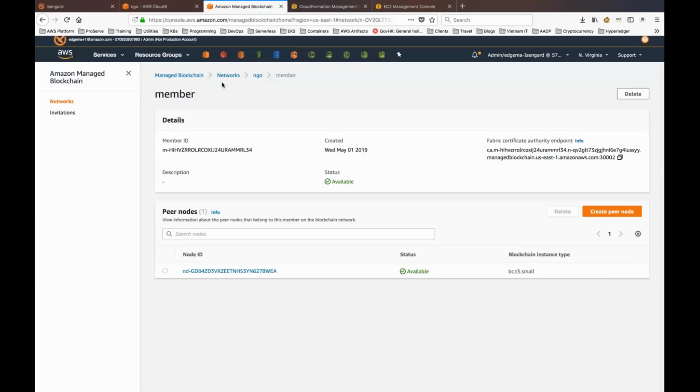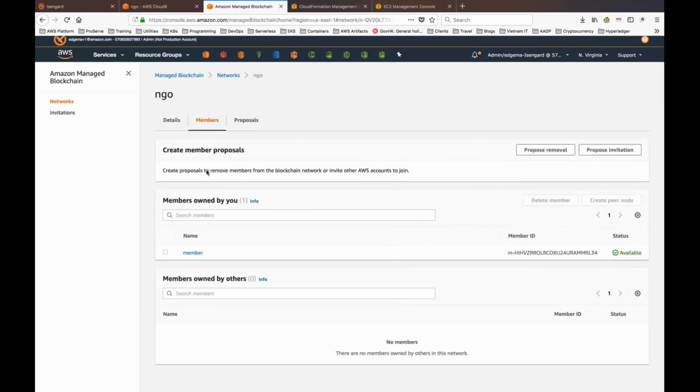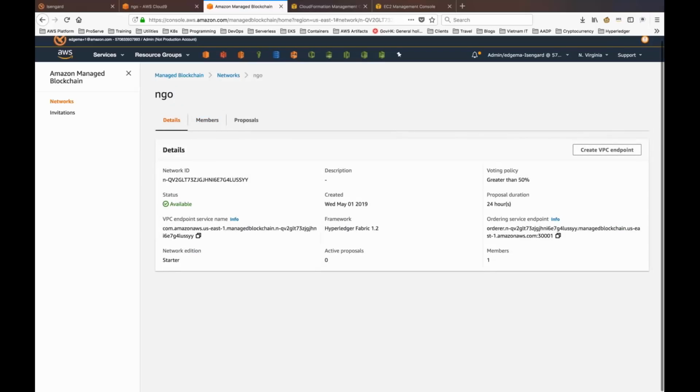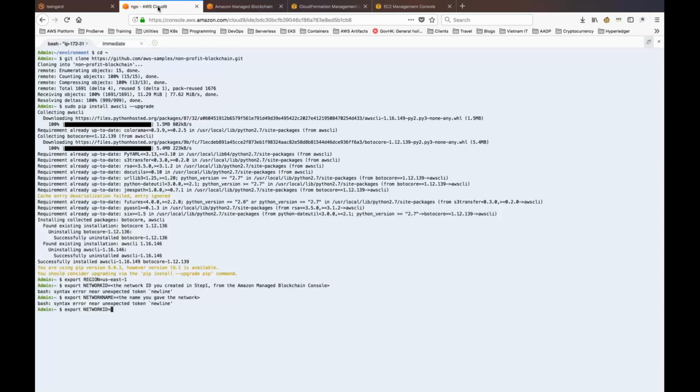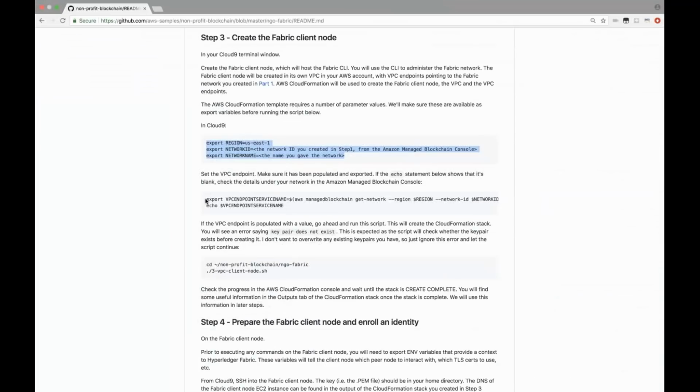And I can get this from my console. So as I mentioned to you before, if you go into the console, you can see that the network has an ID over here. I'm going to simply copy that, Control-C, and I'm going to Control-V and paste it here and hit Enter. And I'm going to do the same for my network name. My network name is called NGO. I'm just going to type that in. And then if I go back to my README file here,